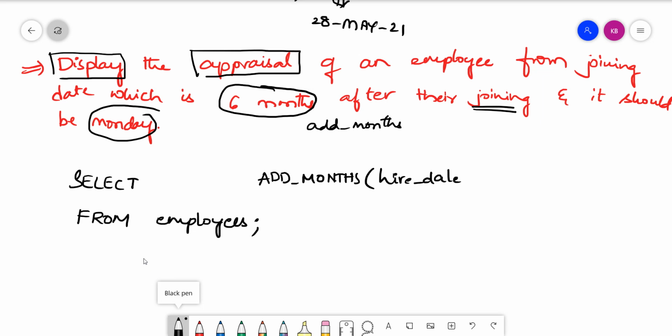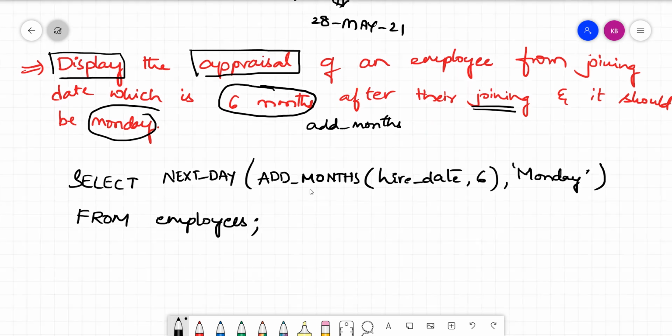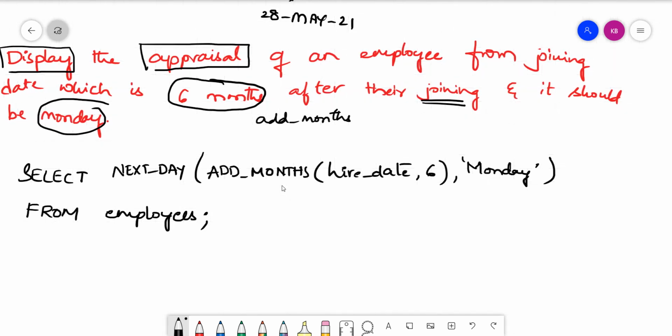After how many months do I want to have this? After 6 months. Now after 6 months, whichever date is coming, we wanted to ensure that it is Monday. So how do you check for a Monday? We will be making use of the next_day function, and we may name the column appraisal or appraisal date.